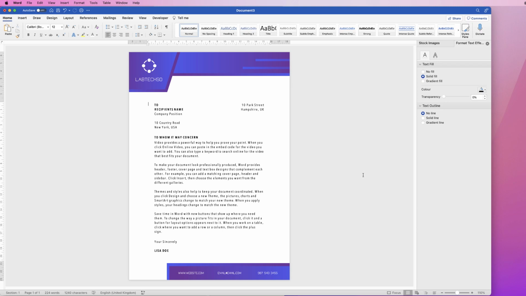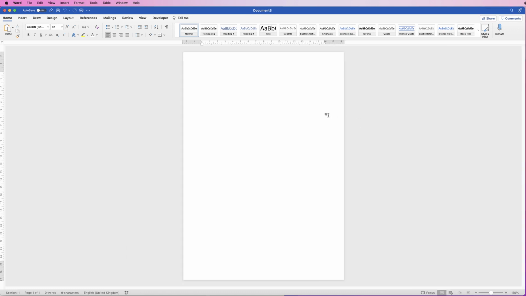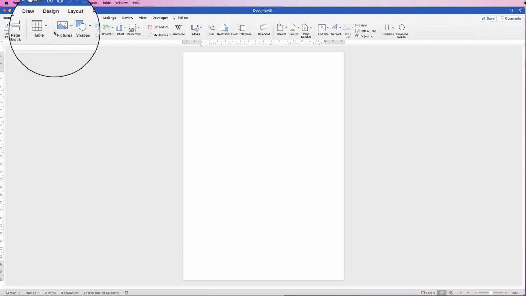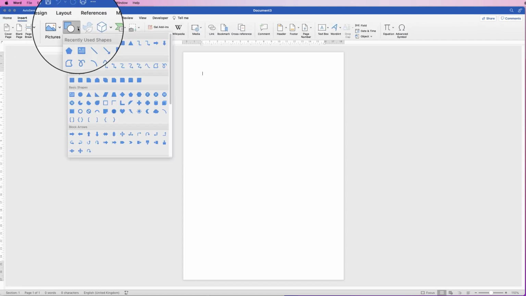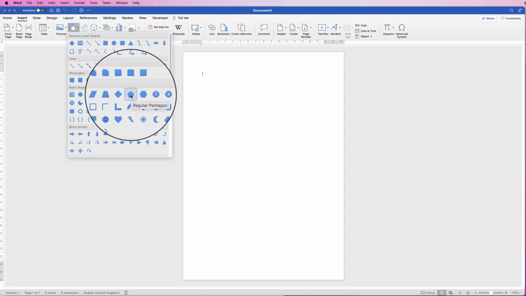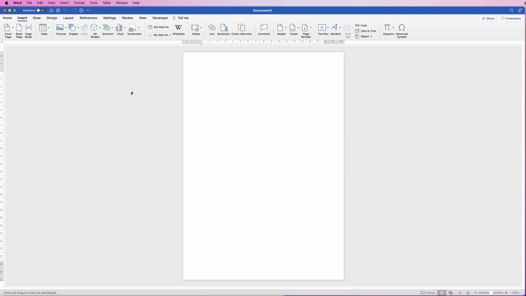Hi, and in today's tutorial I'm going to show you how to create this letterhead in Word. So the first thing we need to do is to insert some graphics. So go up to Insert, Shapes, click on the drop down, and then I'm going to go down to this shape here, click on it,